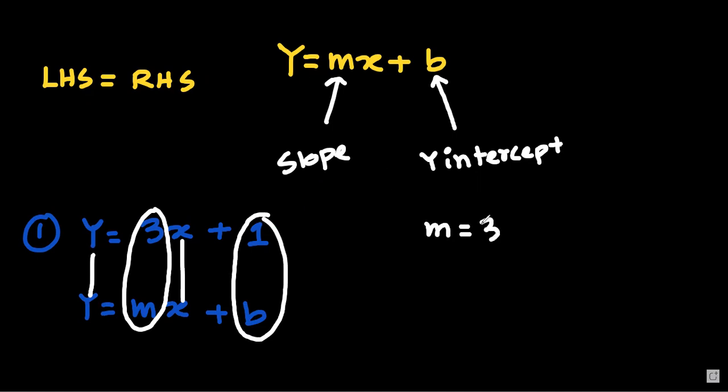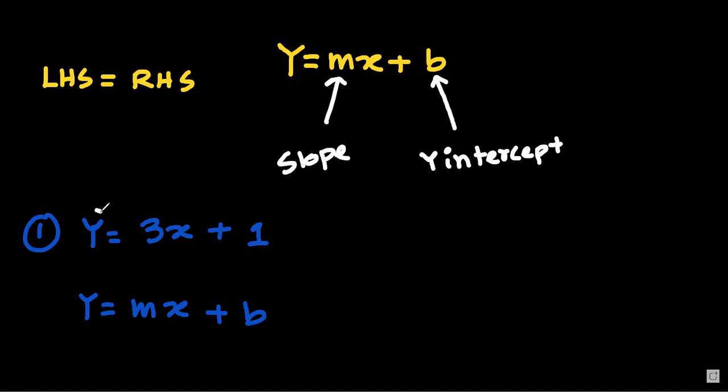M value is 3 and b value is 1. It was y equals mx, right? And here y equals 3x, mx and 3x. So m value should be 3, b equals 1. Or you can do mathematical calculation